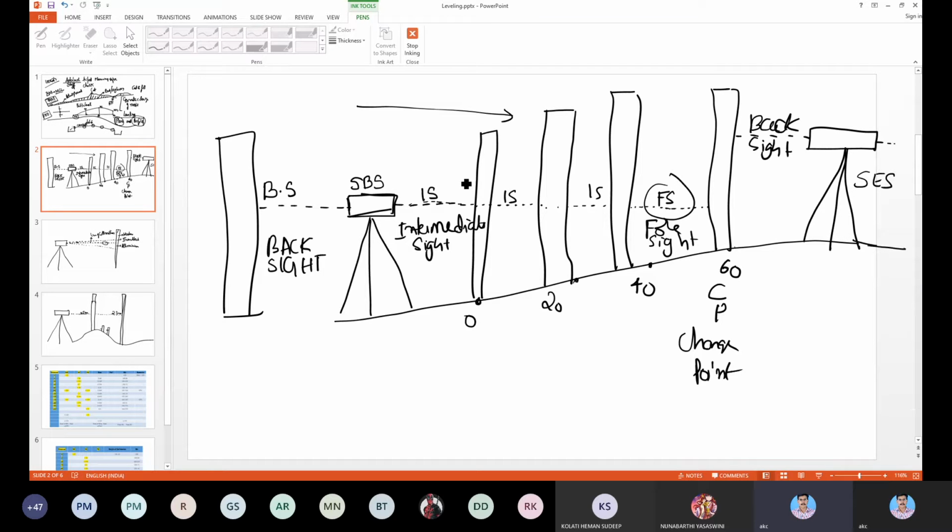Some issue with the network. Yeah, there's some issue with the network.